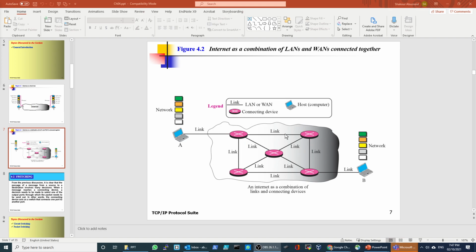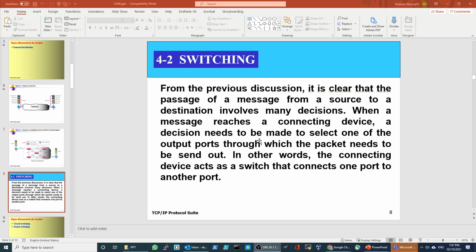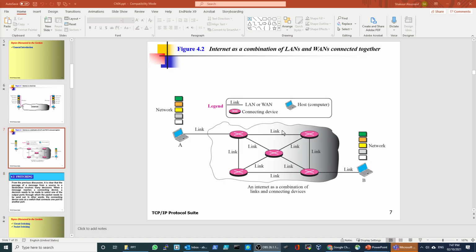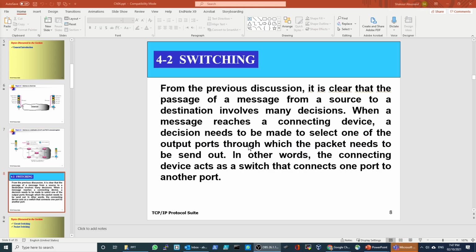So how is switching happening? That's a very important thing. From the previous discussion, it is clear that the passage of the message from the source to the destination involves many decisions. You have to decide whether you're going to take this route or that route.